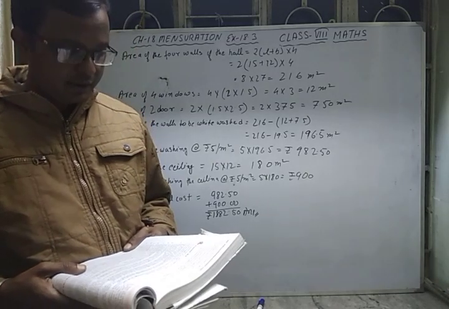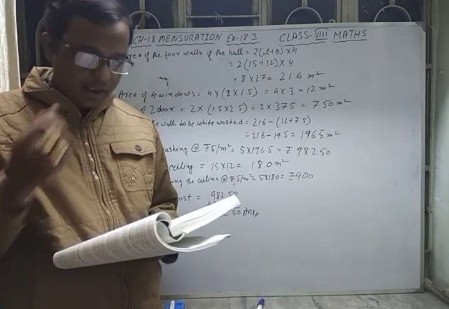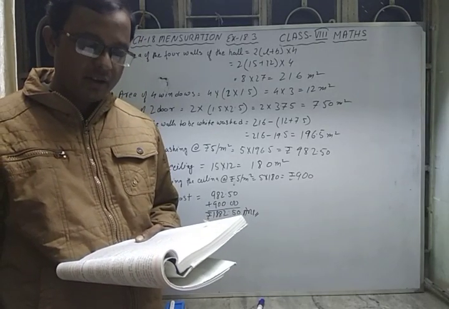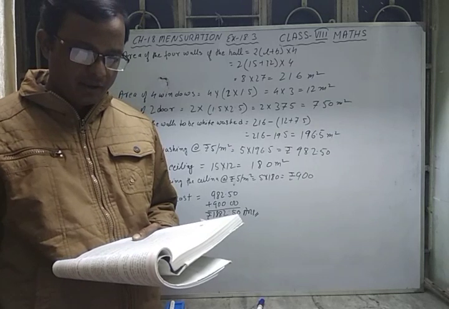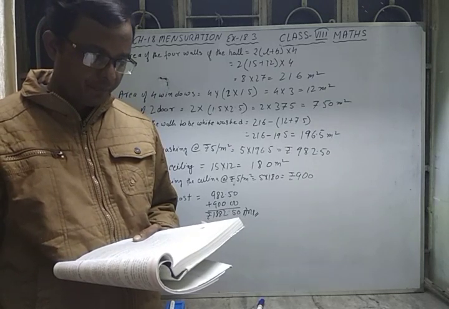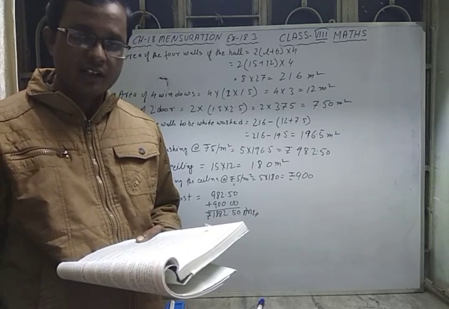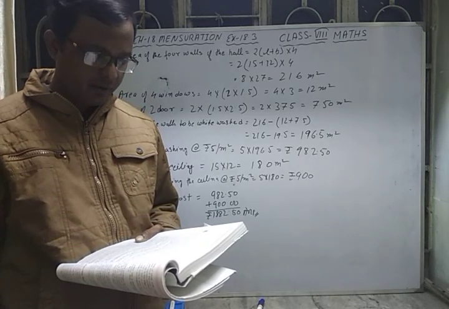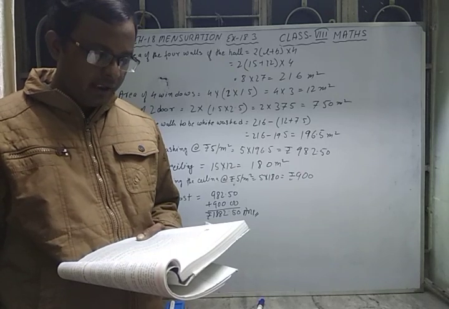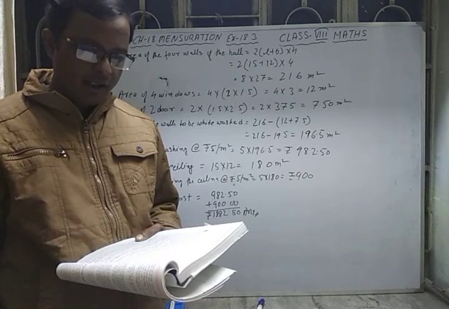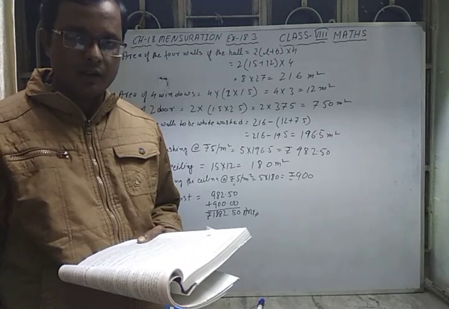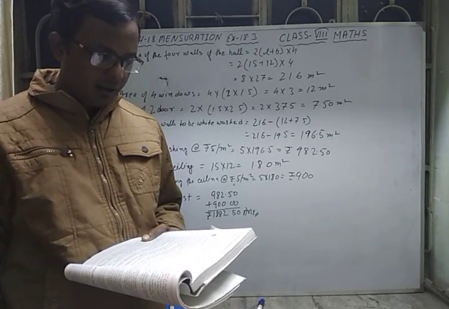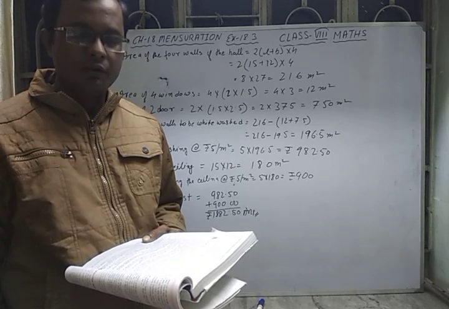Yes, question number 7. A cuboidal fish tank has a length of 30 centimeter, breadth of 20 centimeter and height of 20 centimeter. So breadth and height are the same. A cuboidal fish tank is there whose length is 30 centimeter, and breadth and height are 20 centimeter each. The tank is placed on a horizontal table and it is 3/4 full of water. Find the area of the tank which is in contact with water.